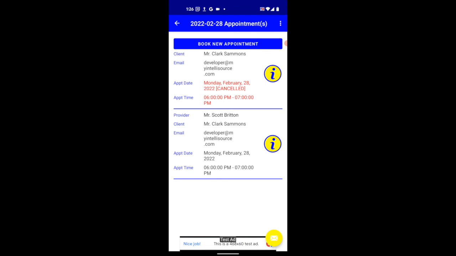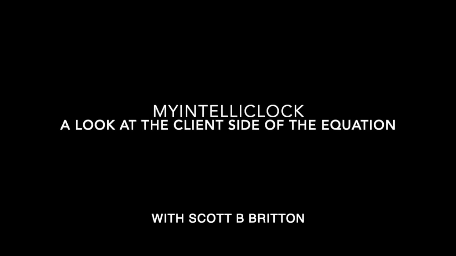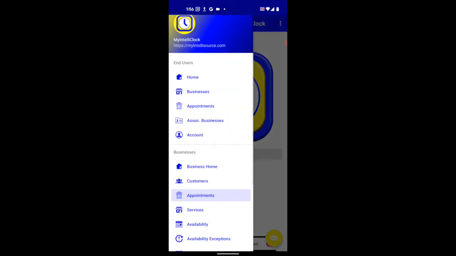In the next section, we will take a look at the client side of the equation so you can see what your clients see. Welcome back. In this section, we will look at the client side of the application so you can see what your clients see. Opening the navigation drawer, there are 5 menu options for clients: home, businesses, appointments, associated businesses, and